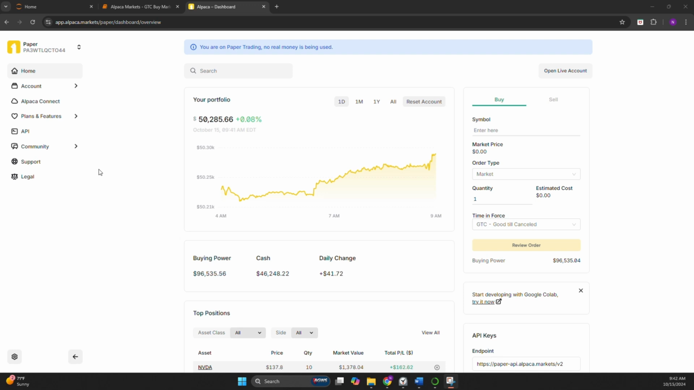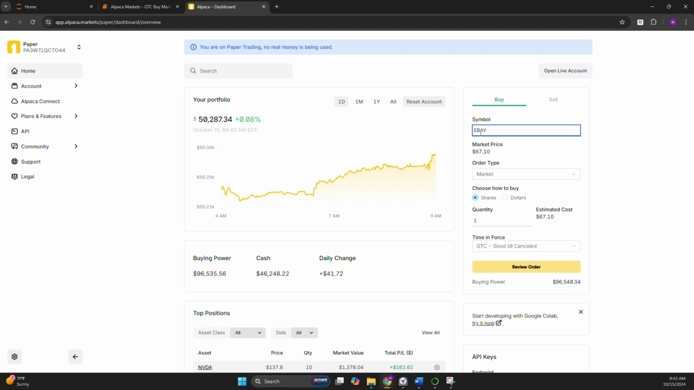All right, we're going to show you how to use the Alpaca Markets API to place a good till canceled market buy order. So we're going to do it for eBay. So we'll check eBay right now, 67.11. The market is open right now, so we should be good to place this once we go ahead and